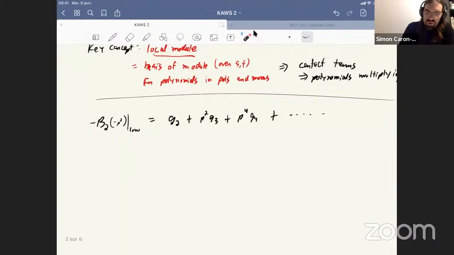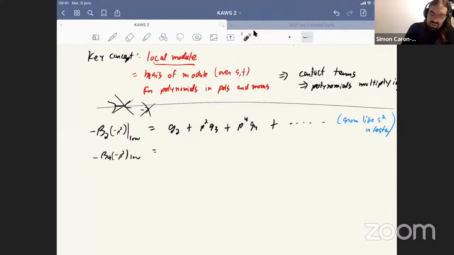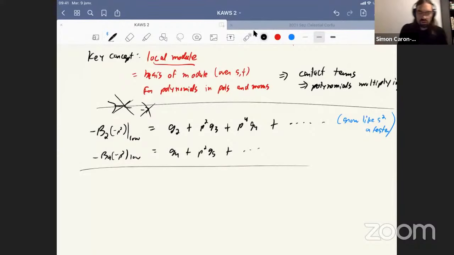So the exchange diagram is just killed by all these sum rules, and similarly the minus lambda term is just killed. You can see that things that would grow like s squared or faster survive. Effectively, this extracts the coefficient of s squared. Then you can write other sum rules which are more subtracted. Here I have an amplitude that is crossing symmetric, so I don't have odd spin sum rules. The next one will be G4 plus p squared G5. So you can make these sum rules like this.